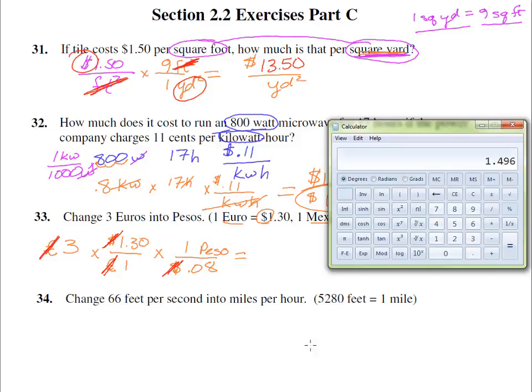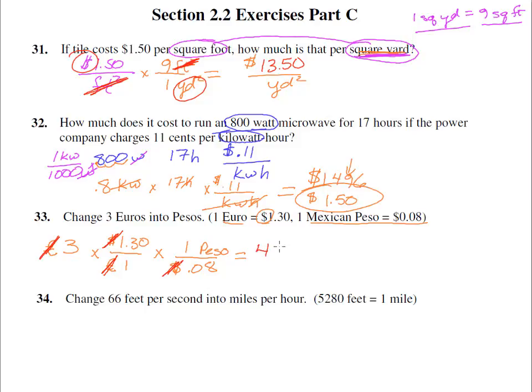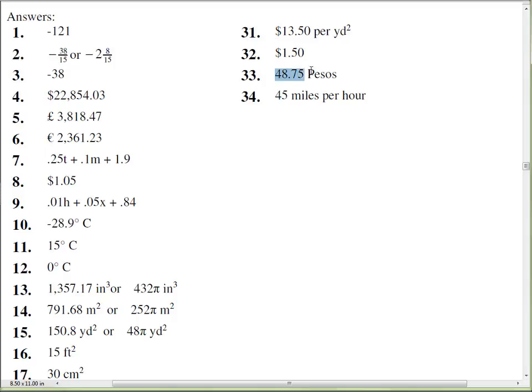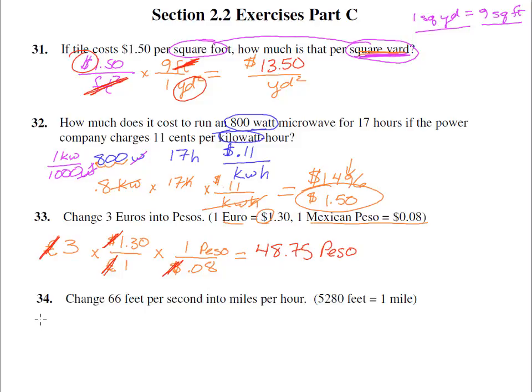Let's pull out our calculator. 3 times 1.30 divided by 0.08, and that will equal 48.75. And that's how many pesos, at least with these conversion factors, will equal 3 euros. Let's double check our answer. 48.75 pesos. Great! And the last one, we're going to change 66 feet per second, that's feet per second, into